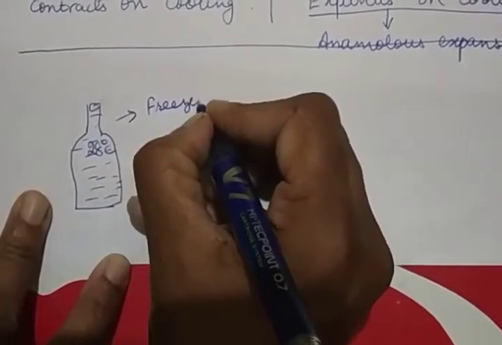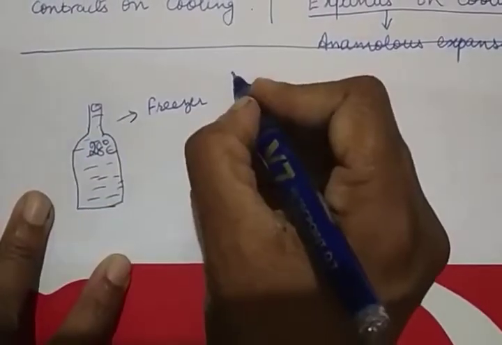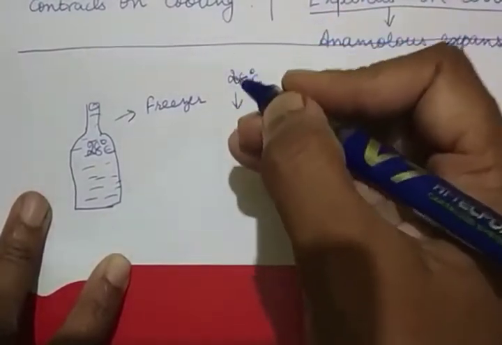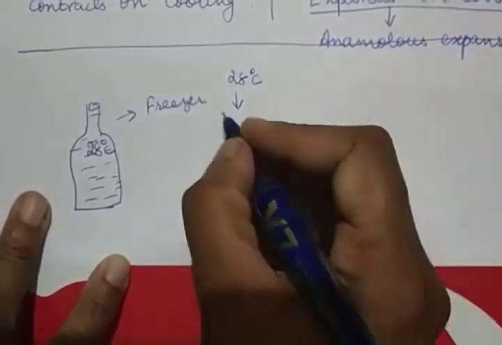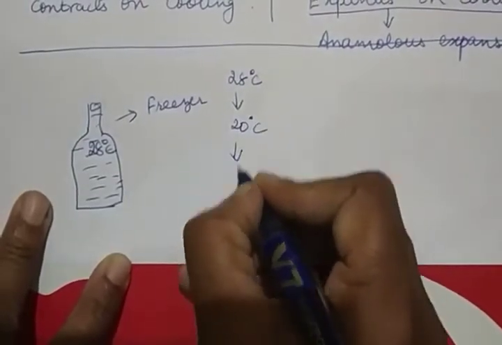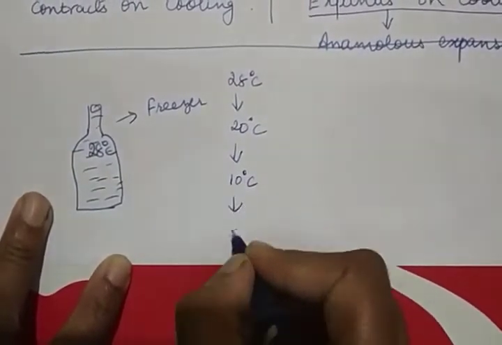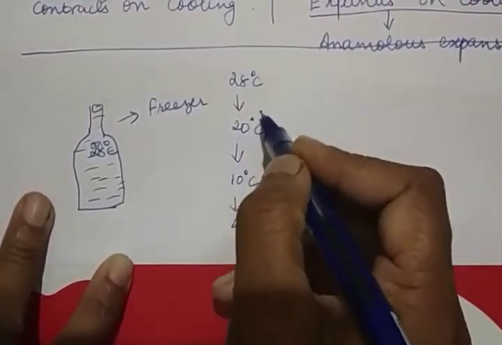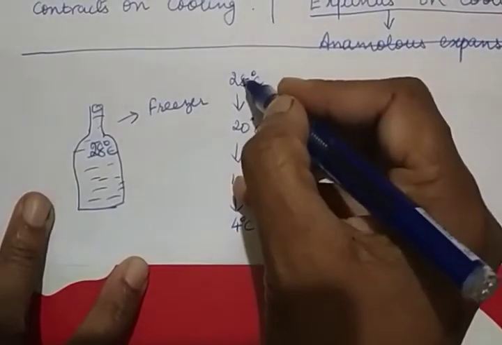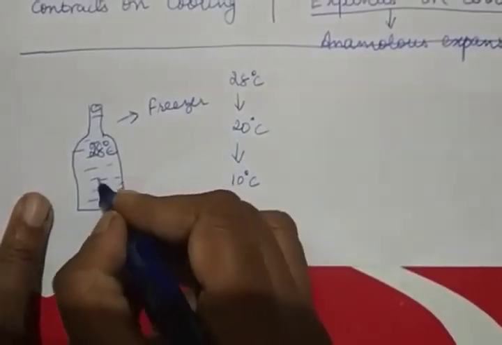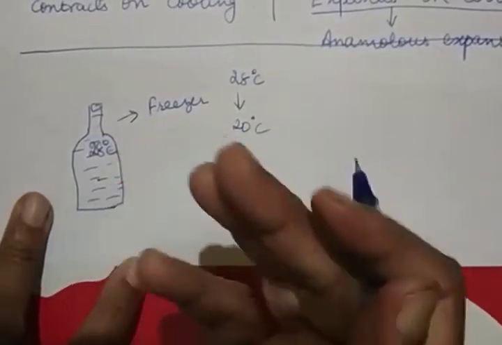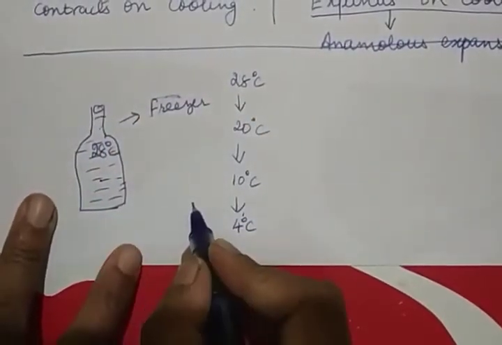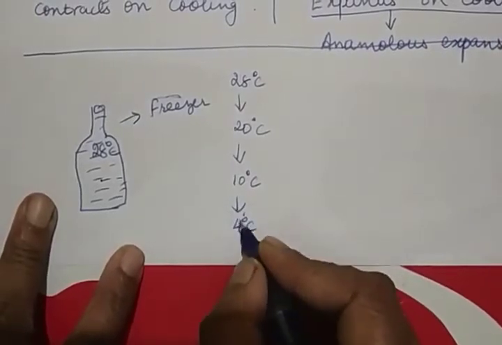So, what happens? It's going to start cooling. So, its temperature will fall down. From 28, it comes down 27, 26, 25, 24, like that, 20. Then it goes on to 10. Then it keeps going down, right? Now, as its temperature is going down, as it's cooling, it will contract. You may not see it visibly, but there will be a little bit of contraction. But once it reaches 4,